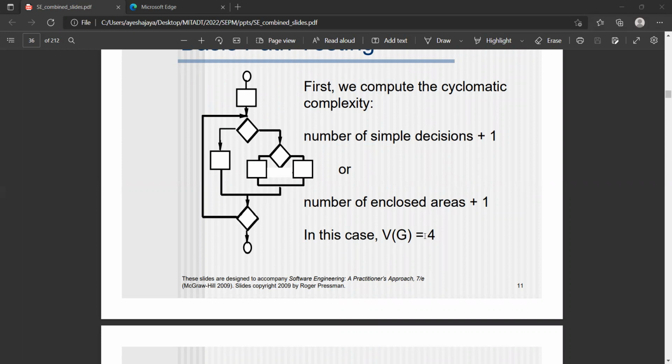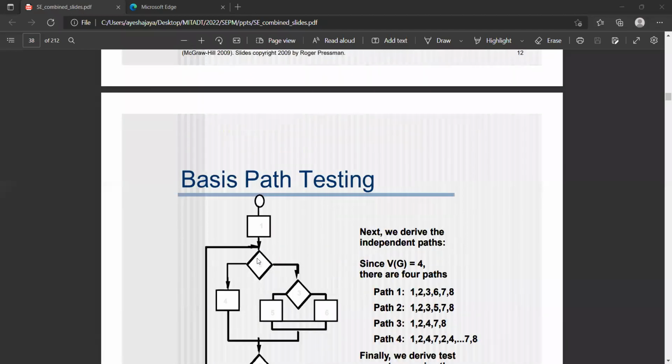And on every edge, we need to have a separate test case. Why is this performed? So that you do not ignore any of the edges and there may not be any error at the end. To avoid defects, because I told you that there is a difference between defect and error. Defect is on the coding side and error is on the client side. So this is obviously coding, white box testing, so it has to be defect. So to reduce the number of defects, if you do all the permutation combinations of all the edges, that means you formulate a test case on every edge, then probably there are very minimal chances that you have